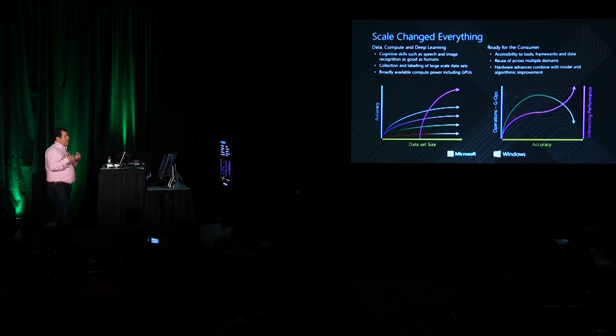That, plus one thing that has driven us to the place that says, awesome, now we have these great skills, are they really ready to use? To be honest, they are. We have seen a lot of maturity in the tools and framework space. We've seen the ability to increase the accuracy of these networks while also increasing the efficiency of the hardware that's underneath. We've also seen that the algorithms themselves have gotten more efficient, as I said, leveraging the operations that are possible underneath the machines and reusing some of the same technology across multiple domains.